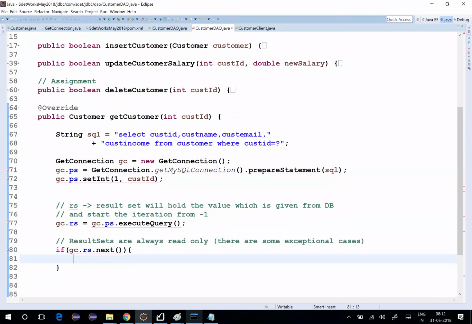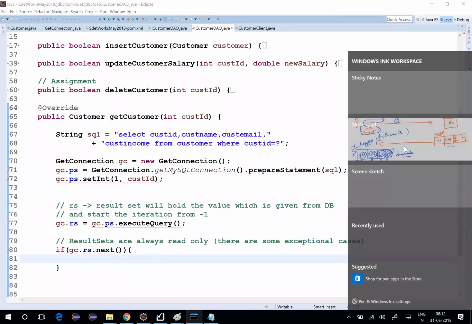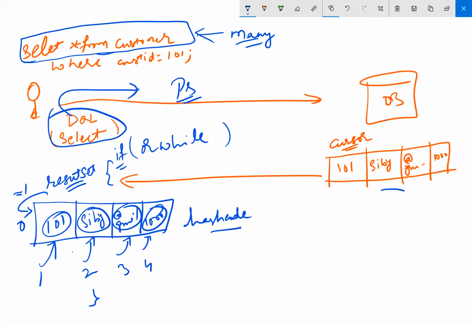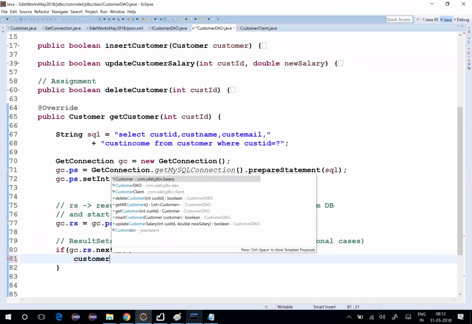So if gc.rs.next, it means it has moved the cursor from -1 to 0. When it moves from -1 to 0, it means it has got the record. In case it does not have one, it will give you null. So in that case, I want to create an object which is called customer. New